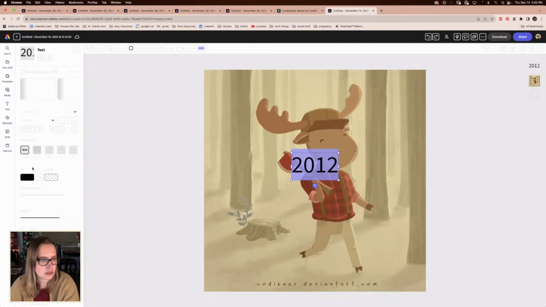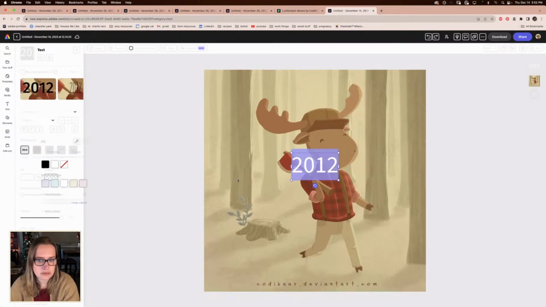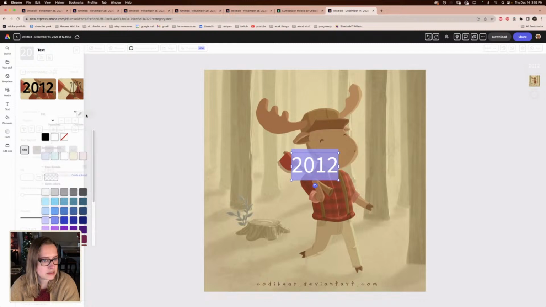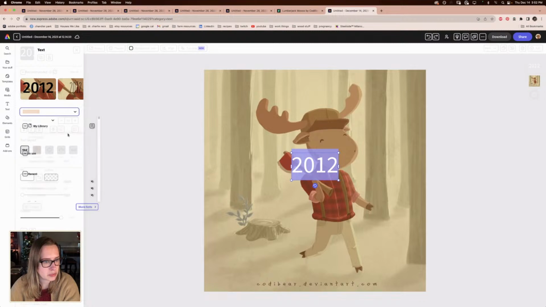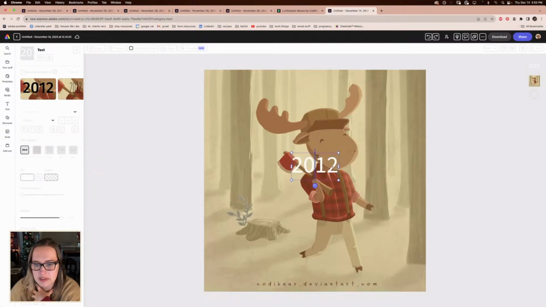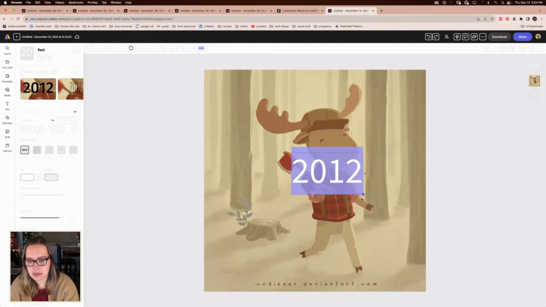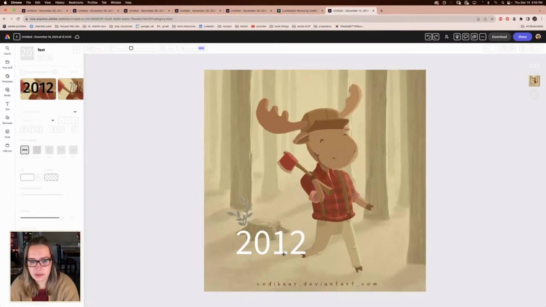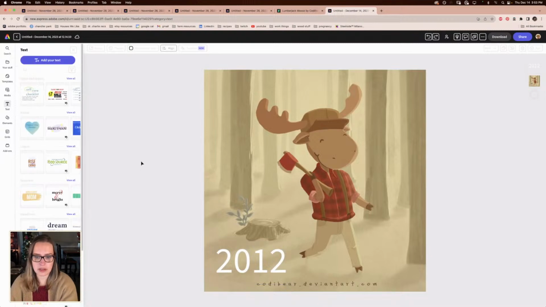And I might even do this in white. And there's something going on with my menus for Express today. It's being all weird. I'm not sure why everything's all grayed out and transparent like this. I don't know if anyone else is experiencing this glitch, but I can't even see any of my font names right now. So we're just going to have to go with something super sans serif-y because I can't actually see what's going on. But all we'd have to do is throw in the year right there.